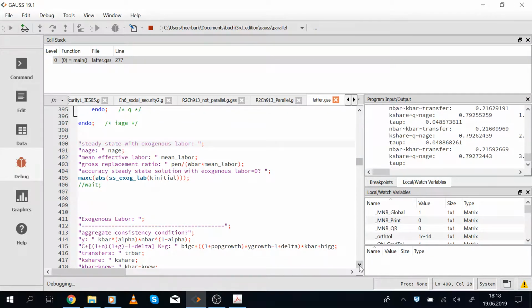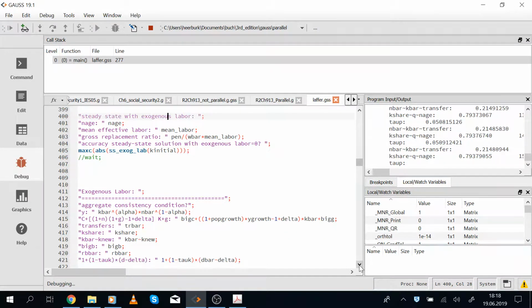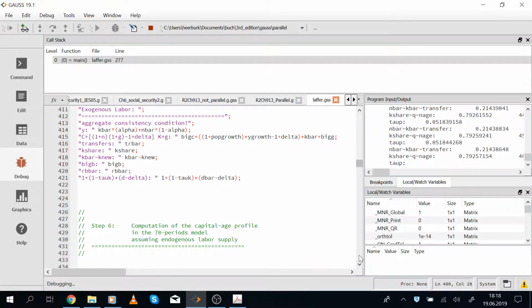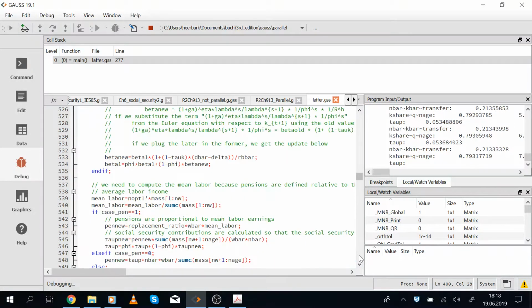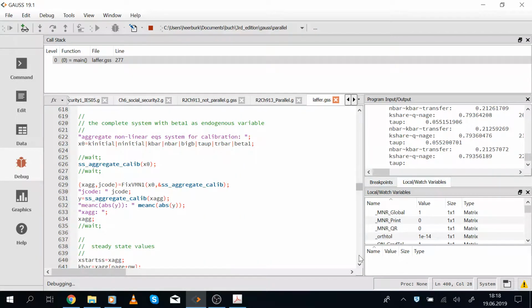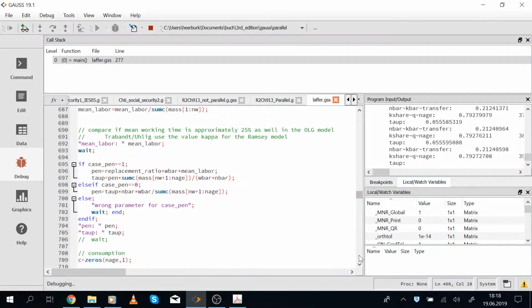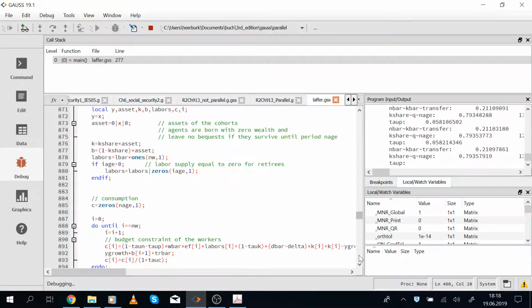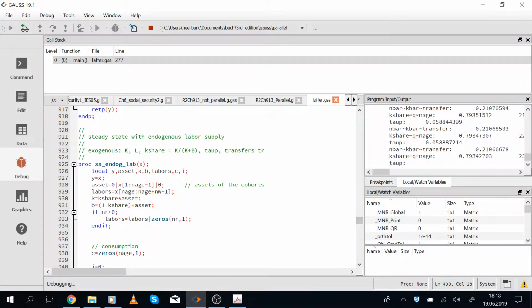Next step, we go on to compute the case with endogenous labor, and therefore let me jump into the procedure that describes this nonlinear equation problem. So we go down all the way to line 925, SS endogenous labor. We provide again the assets, the individual asset as the individual endogenous variable, but now we